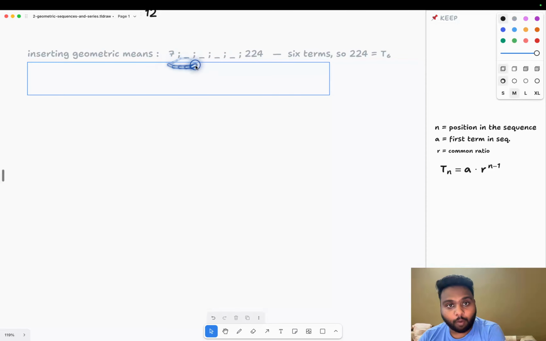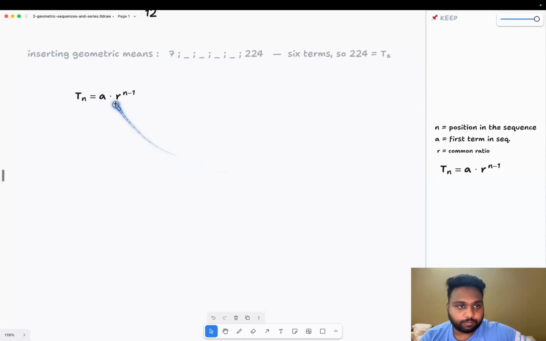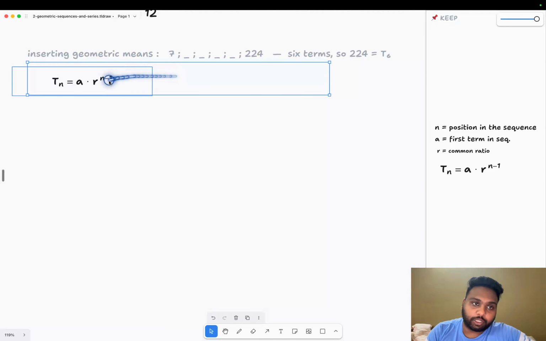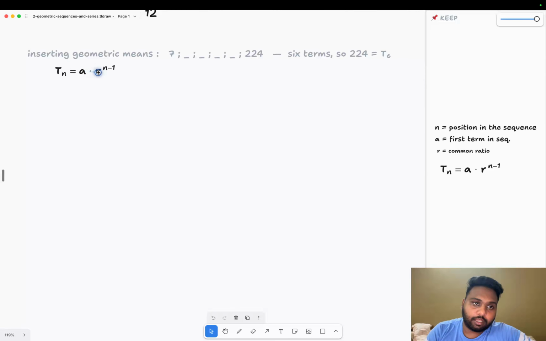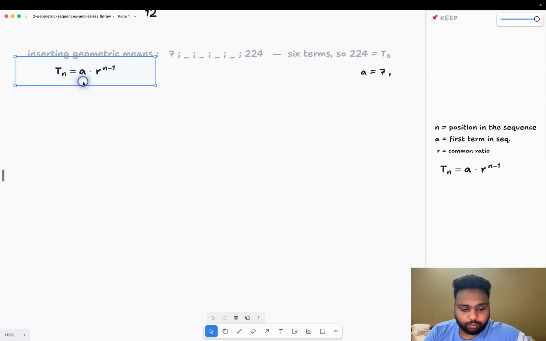Okay, so how many unknowns are there? Let's try to figure that out for solving this question. Then we will need to determine how many equations we will use with that. So if I take this equation from this question, I know that my value of A is 7, right? My value of A is 7. R is something that is still not known to me. And there is one more thing that I can write using this,